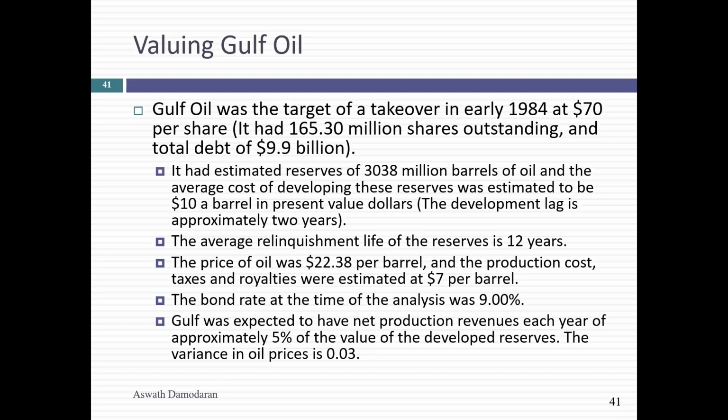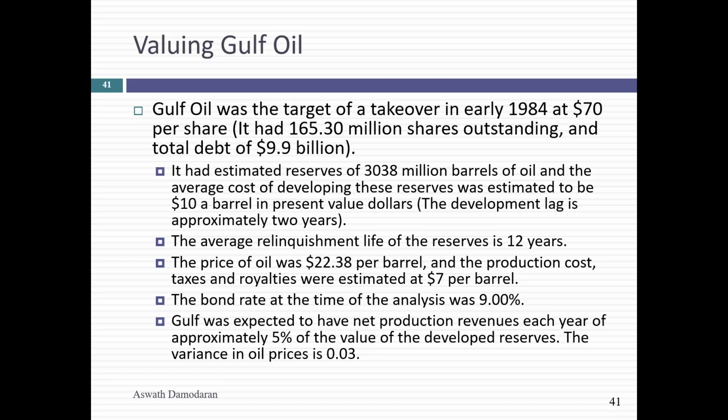That's what's going to drive the optionality. Oil prices are volatile. You're trying to make a bet on, should I develop the reserves right now? The T-bond rate then was 9%. This is actually not a made-up number. The T-bond rate in 1984 was 9%. So when you hear people bitching and moaning about 3.5% rates and how horrific it is and how nobody can live at these rates, people have lived with far higher rates in the past.